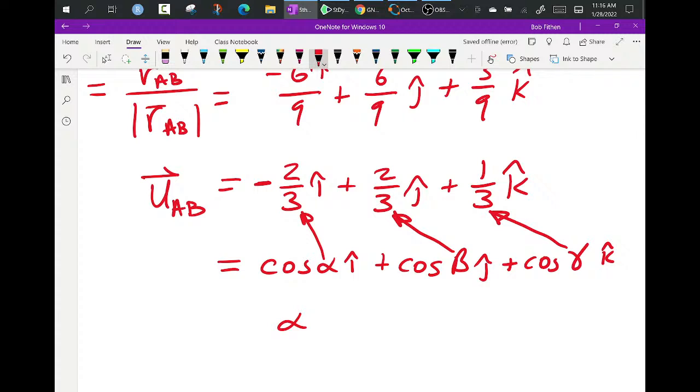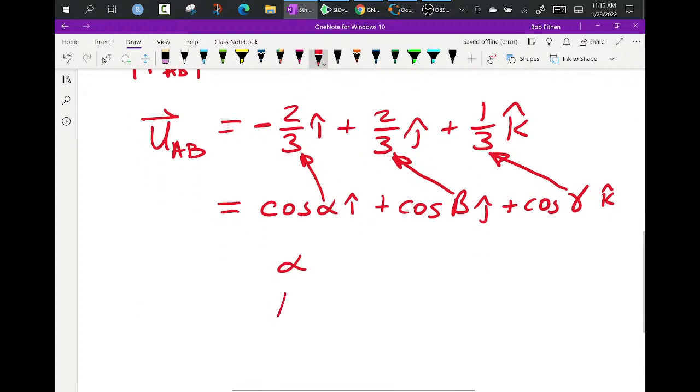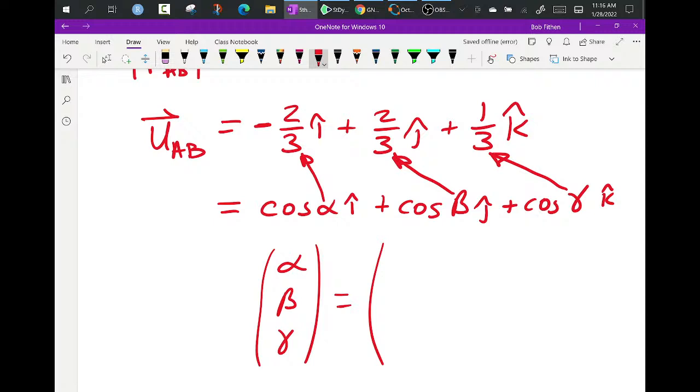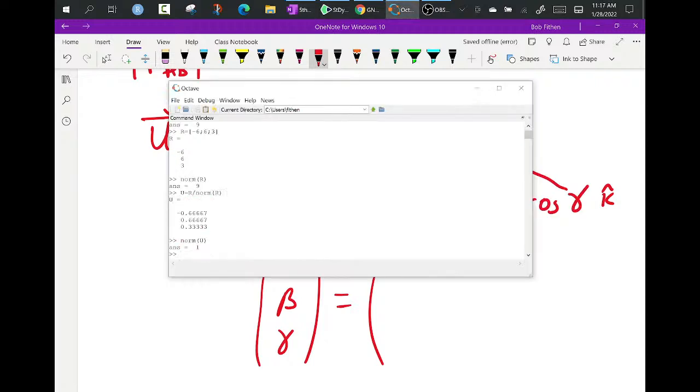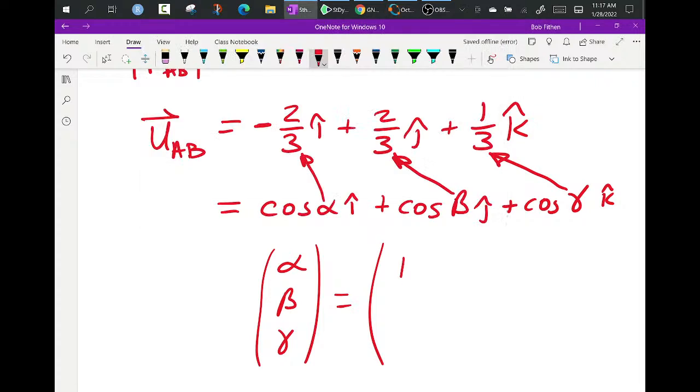So, interestingly enough, since I had it listed last in a vertical component, if I go back now and I take arc cosine, I want it in degrees, so I put the D, and then I type in the U, I get 131.8. Okay, I'm going to bounce back and forth because it's going to force me to. 131.8,